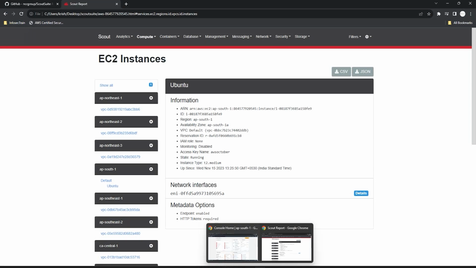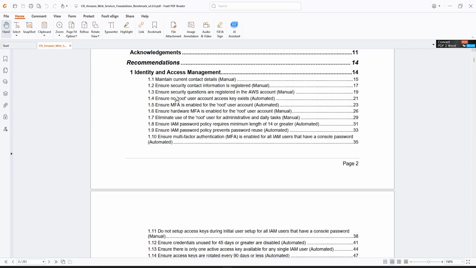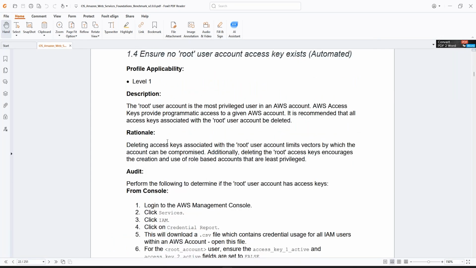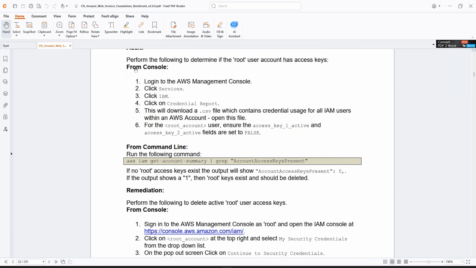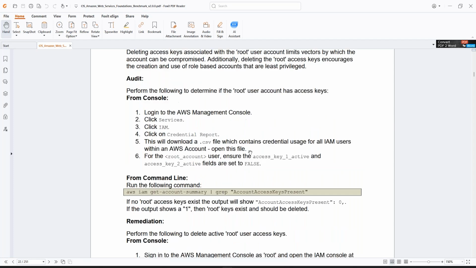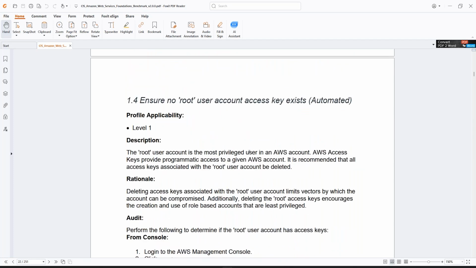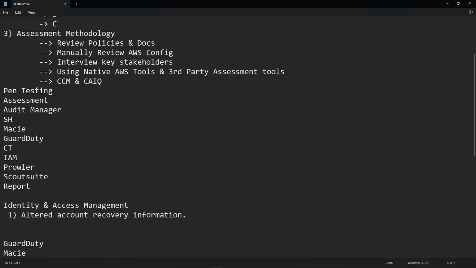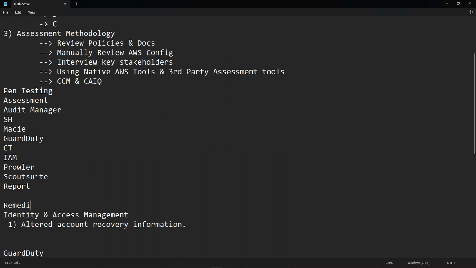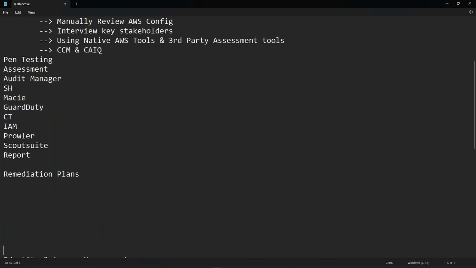How does it look? It will look like this. You just give a high level of what remediations we can perform on that. That's up to us, but yes, we can provide the remediations if we want. There are some auditors or assessors who, after the assessment, write something called remediation plans, and they mention how we can remediate these vulnerabilities also,